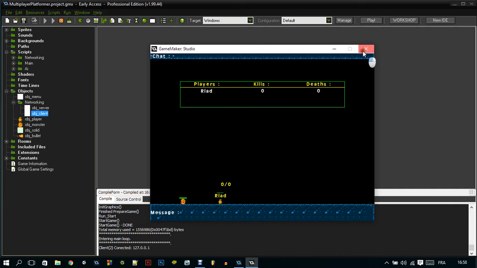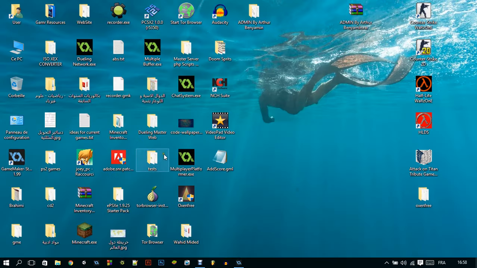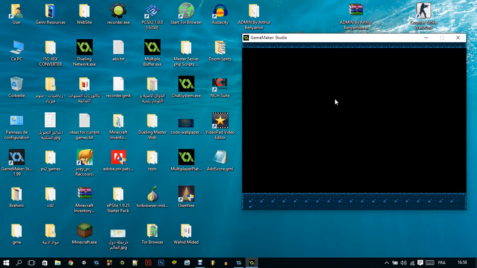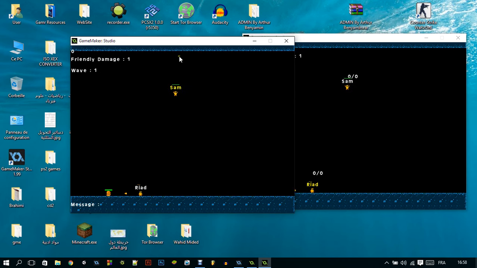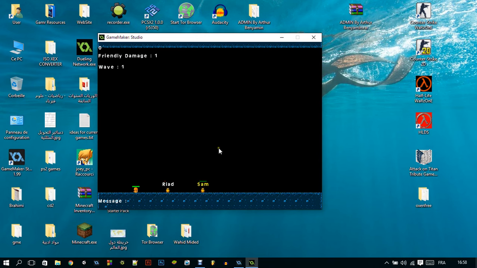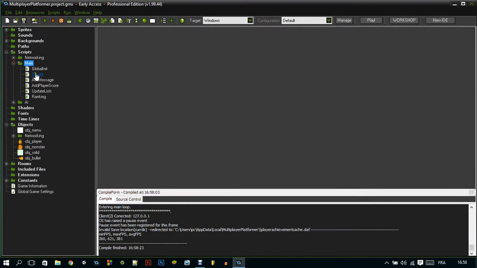Yeah, so now what I was going to do, let me just show you what I'm going to do. See if we run the server from here, and then a client will join. Okay, so this is the client, and we spawn a player, and if we shut the server now, the client won't be able to move because the server is closed and there's nothing happening in the game right now. So now I'm going to create another script called